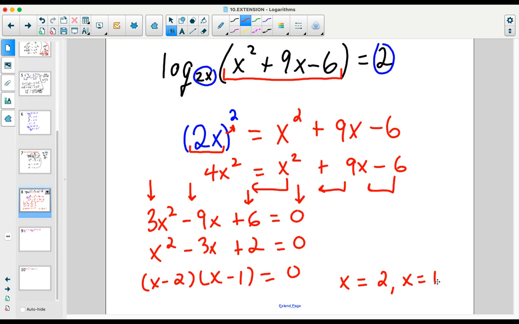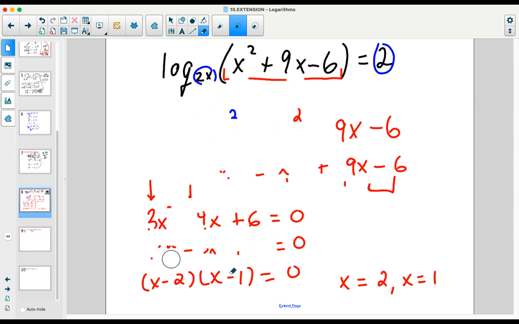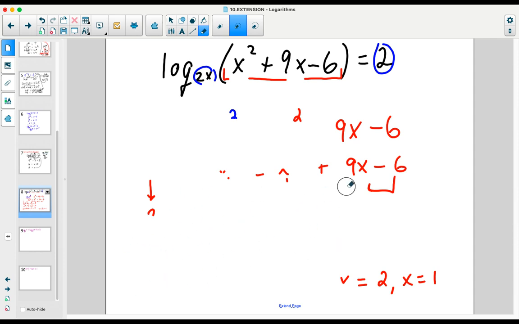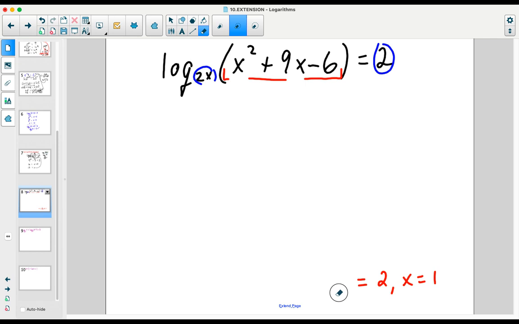Similar to what we did in the last question, it's worth taking the time to check those two answers and see if they actually are solutions, especially because we went through a lot of different algebraic steps to get there. The likelihood that we make a mistake increases based on the number of steps that we have to take. So we want to make sure we really got to the end, especially because we have x showing up in two different places. We've got an x here and an x here, but then also the x that's over there. So we're going to get rid of all of this work that we just did, and let's leave the two answers, 2 and 1, and we'll test both of those to make sure that they are actually solutions, going through the work of